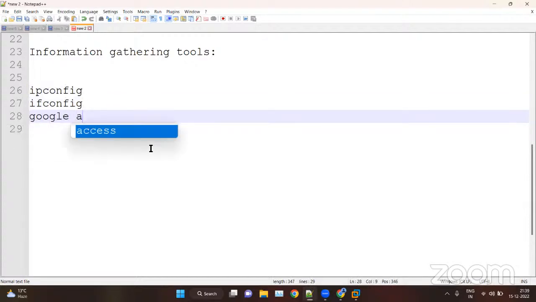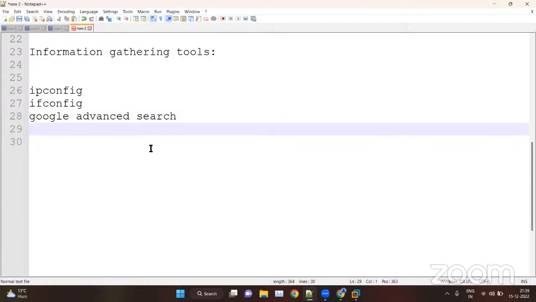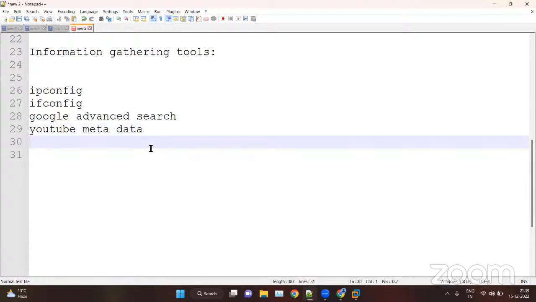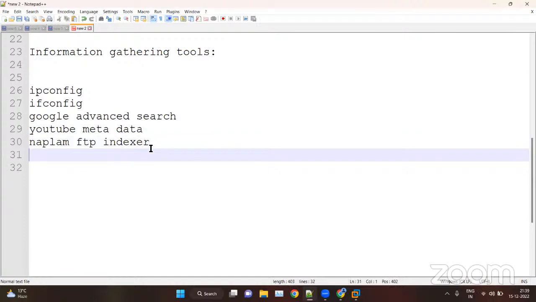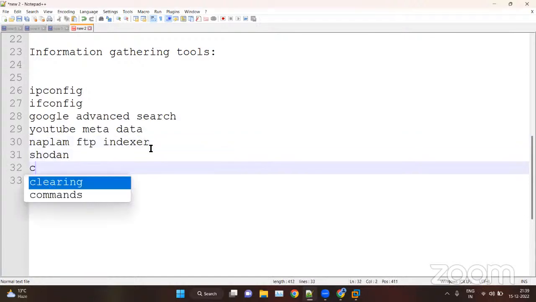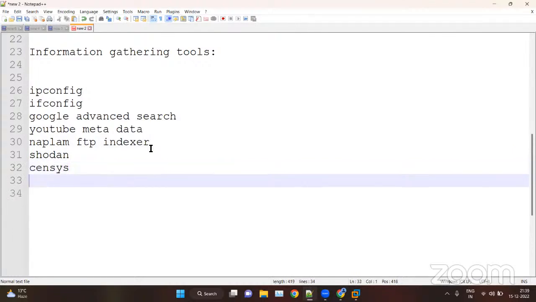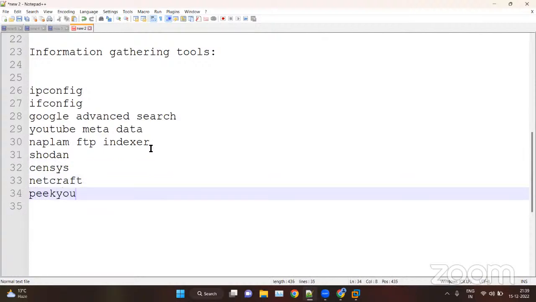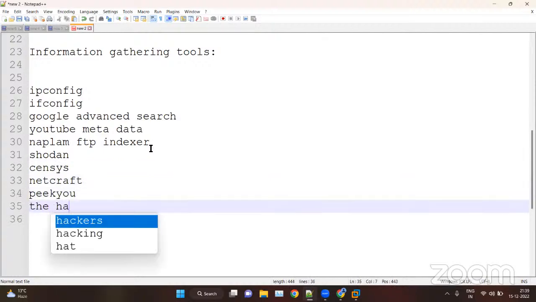Okay, Google advanced search. Then YouTube metadata. Naval FTP indexer. Okay, then Shodan, Census, Netcraft, PQ, the Harvester.